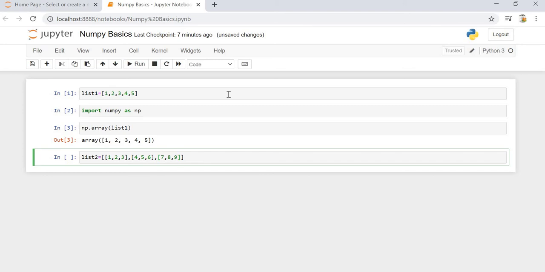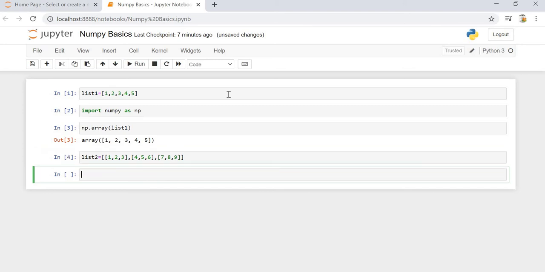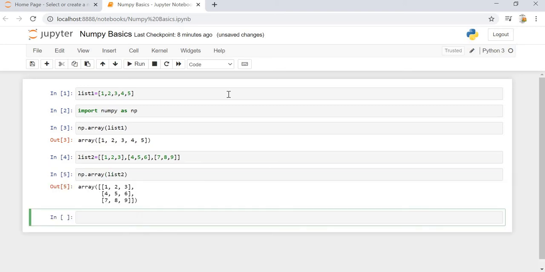Let's say we have these three sublists inside this list 2. Now if we cast the same list 2 into a NumPy array, we will get a two-dimensional NumPy array. So here we have a two-dimensional NumPy array.